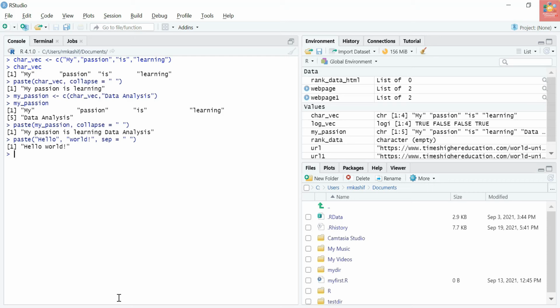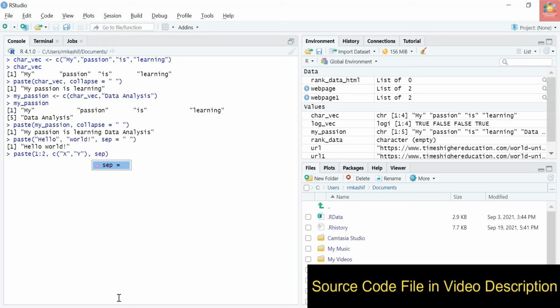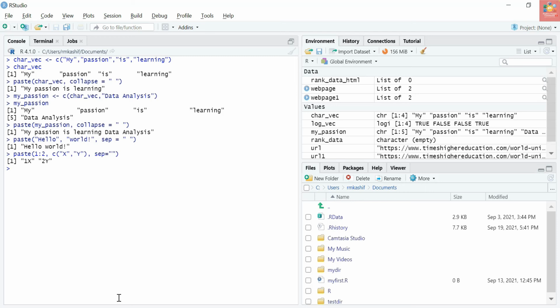We can also join two vectors each of length 2 like this, paste 1 colon 2 and c x y, another vector, and pass the separator as nothing. So you have seen it has returned 1x and 2y. So you have seen that the 1, 2 are no more numbers, and it has coerced them into a character vector.